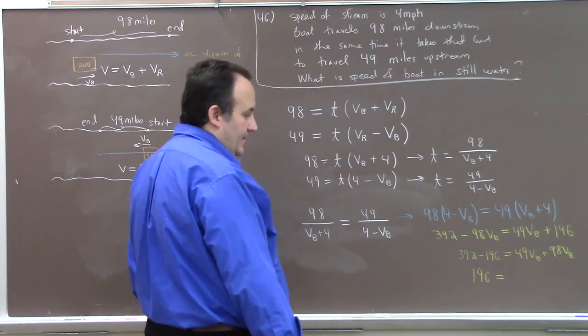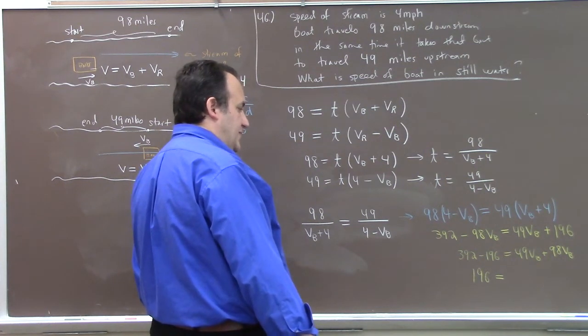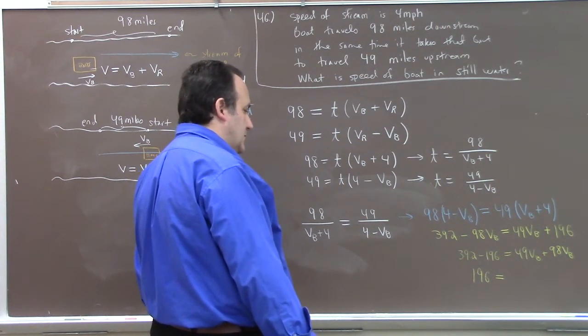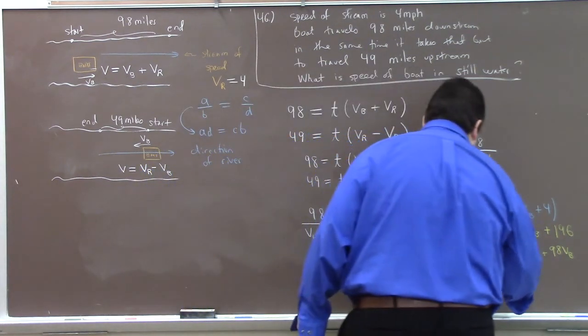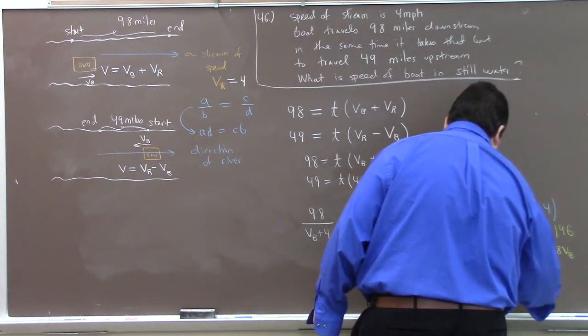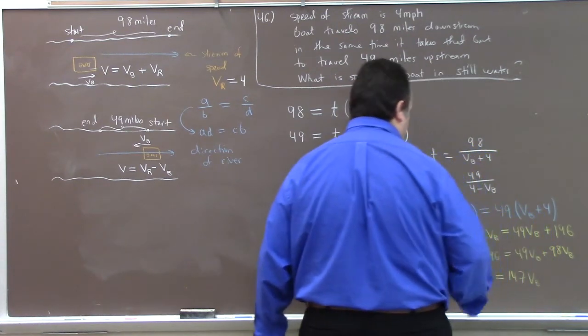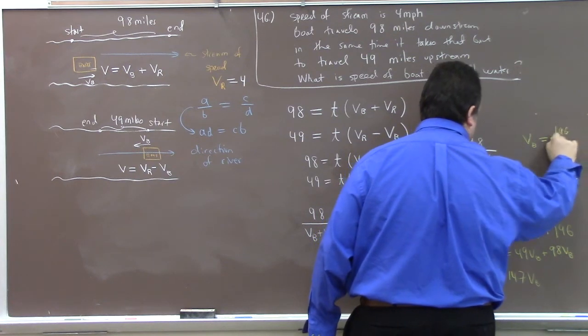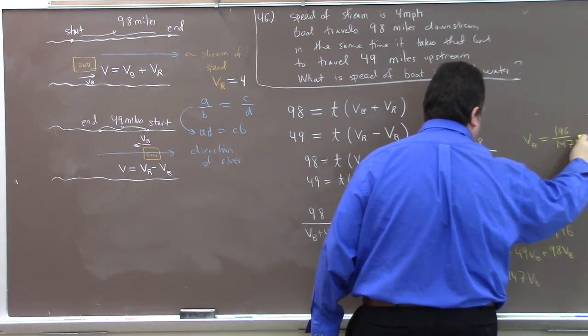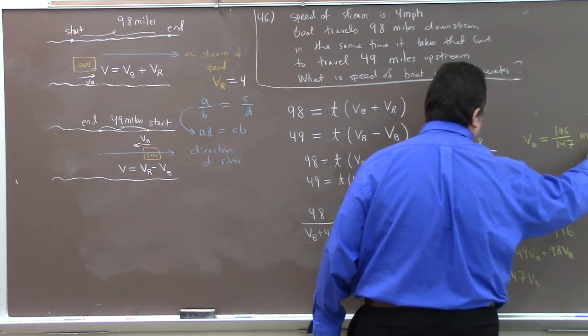Oh, yeah, okay. And then what's 49 plus 98? All right. So if I didn't make a mistake, VB is 196 over 147 miles per hour, which you can find a,